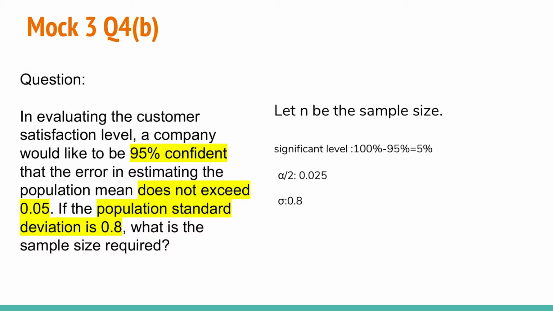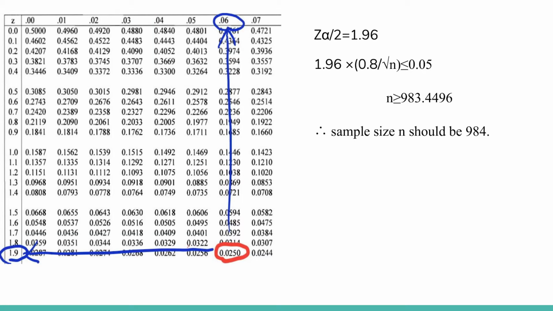Let us assume n to be the sample size, which is considered to be large. The information given is that the standard deviation sigma is 0.8, and we can find the significance level alpha is 100% minus 95%, that is equal to 5%. Therefore, we can find alpha over 2 is 0.025, and through the normal distribution table, we can get the value z is